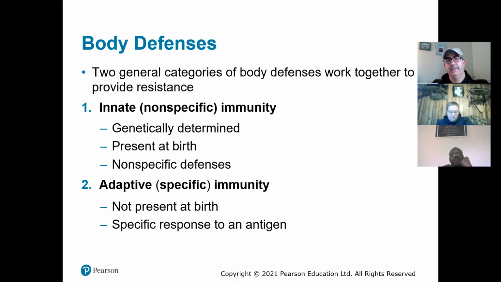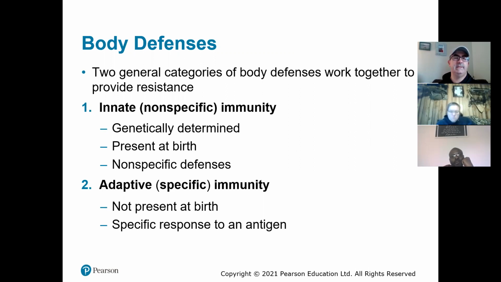All right. So we talked about returning fluid. We talked about the lymph nodes. And now we have to get to talking about the body's defenses, right? So talking about the immune system happens in the lymphatic system, but the immune system is really part of the respiratory, the circulatory, the skin, right? All these different systems of your body. There are 2 general categories of body defenses, and they work together to provide the best resistance you can, the best defense that you can mount.